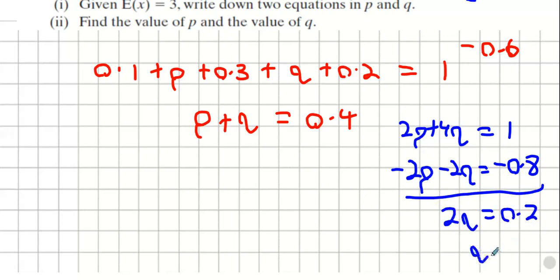Okay, who got q equals 0.1? And then sub it back in, and that means p equals 0.3. All right, I'm going